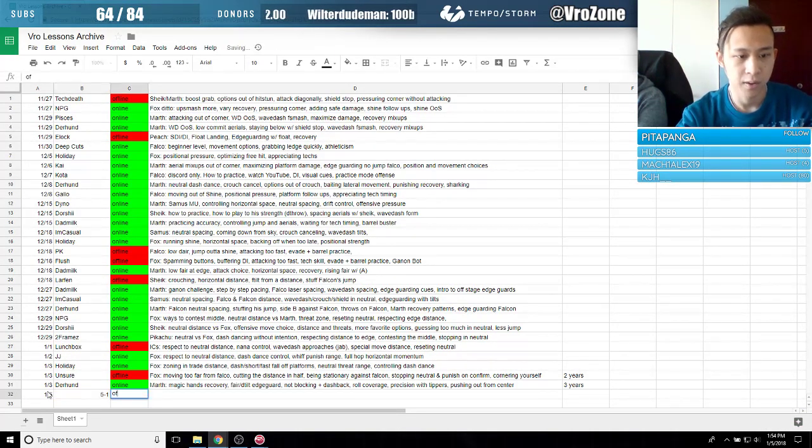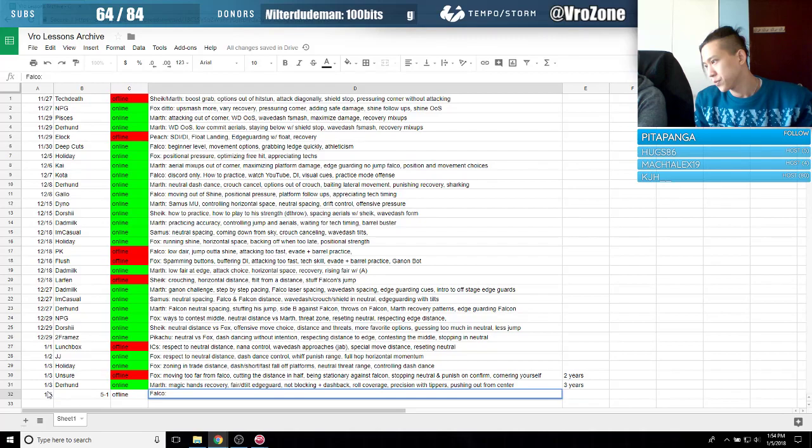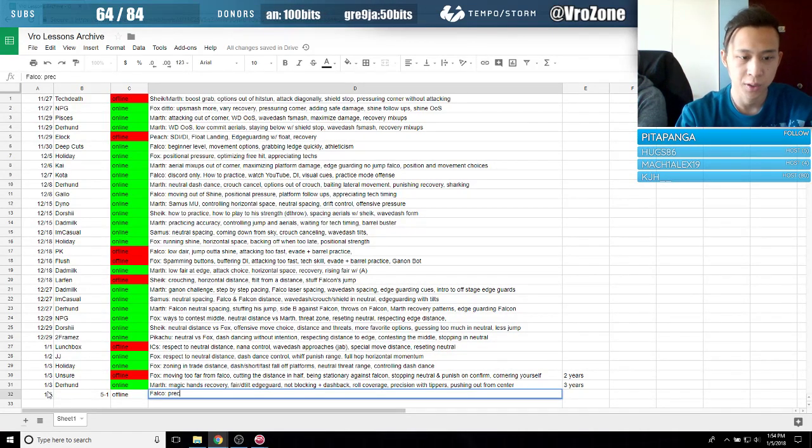1, 5, 1. This is an offline lesson, and we're doing Falco. So we talked about, okay, Markway has a PM background, and he's used to not having to fight neutral so precisely, is what we kind of talked about during the stream being down. So we're working on precision